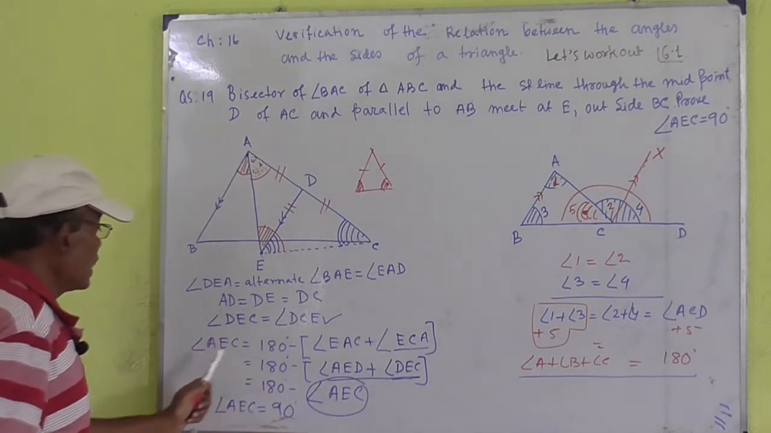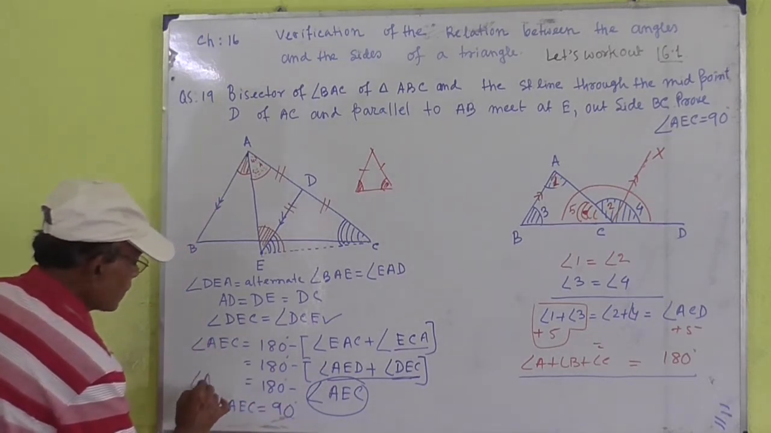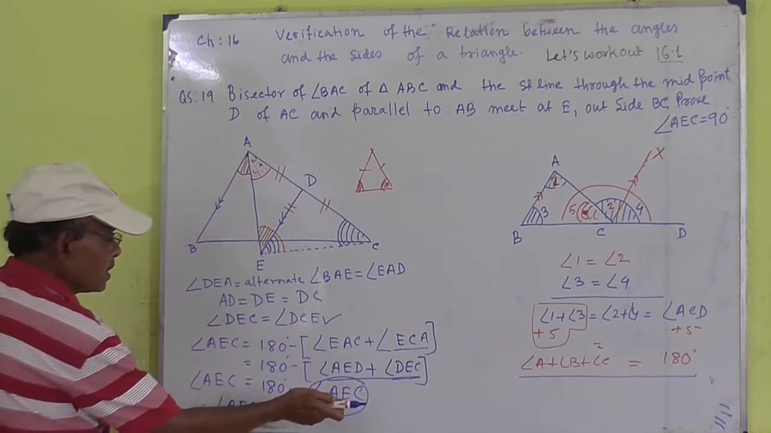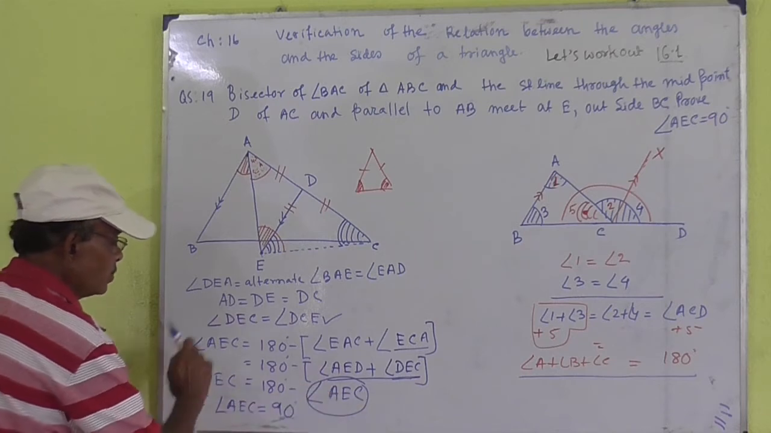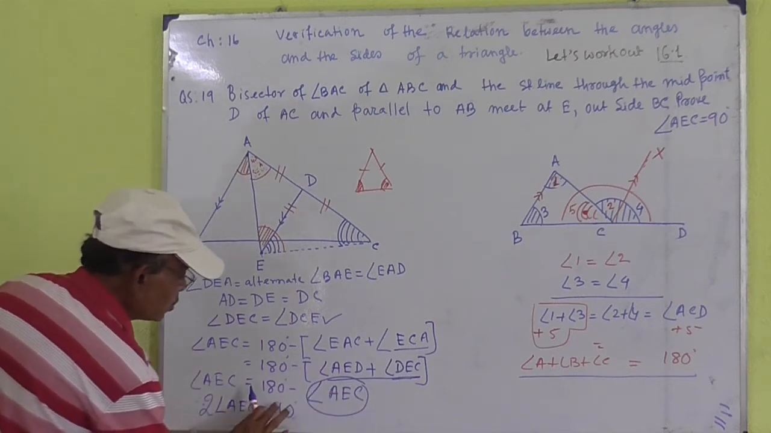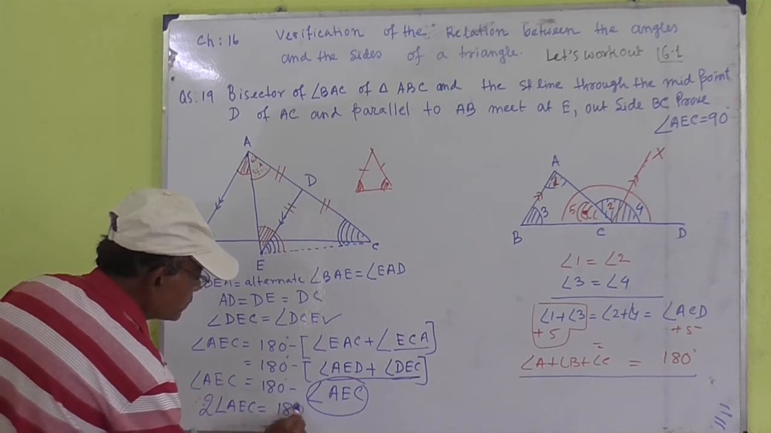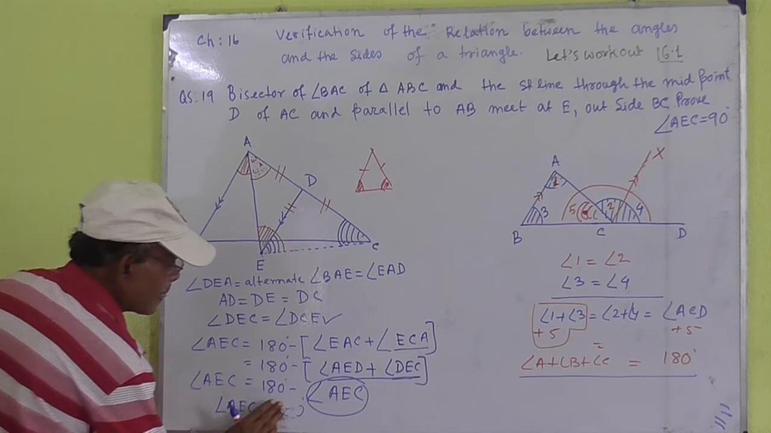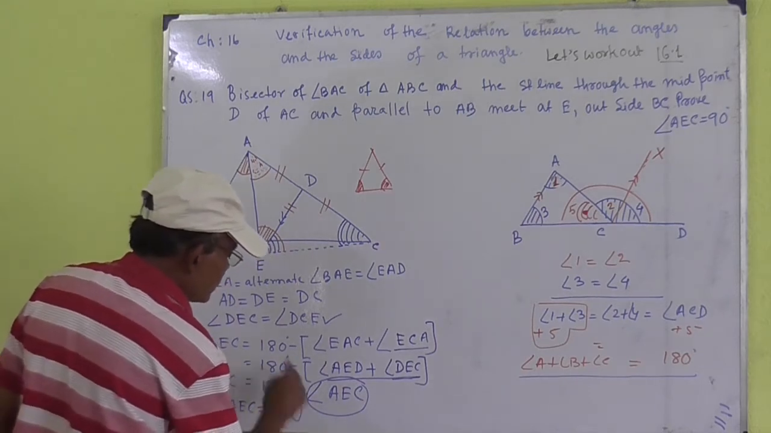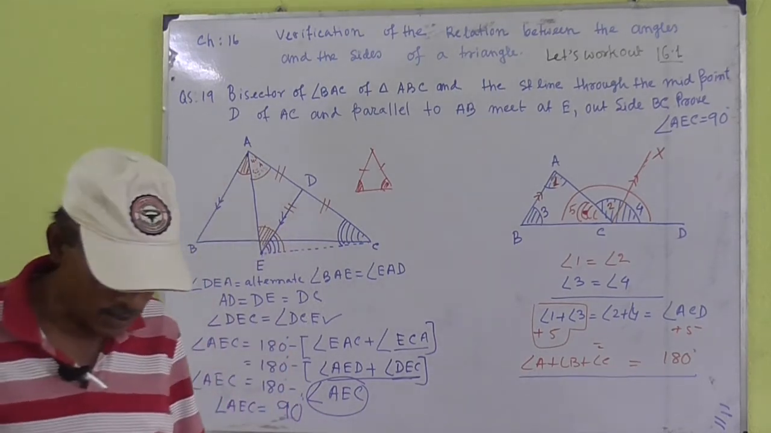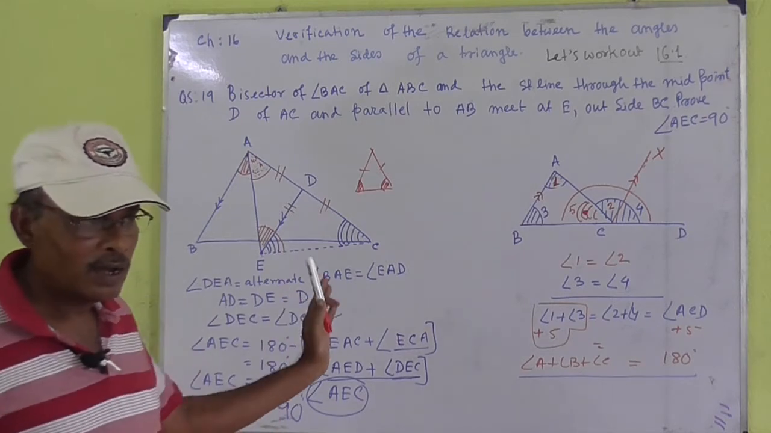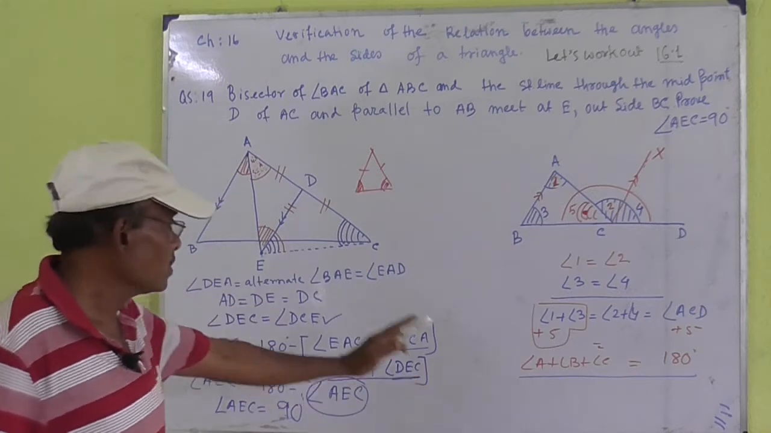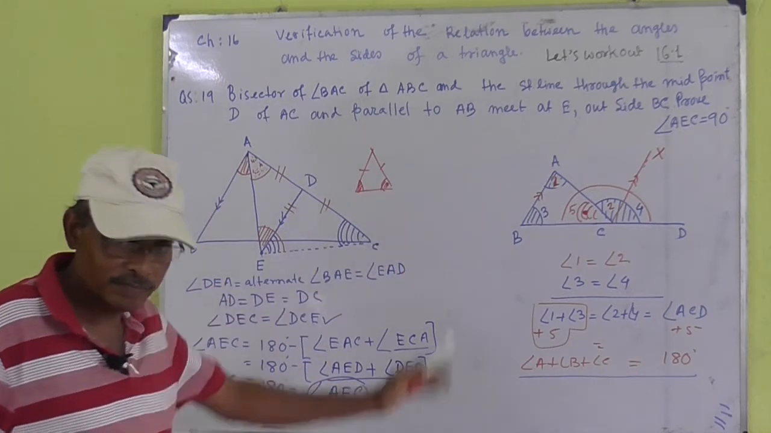So, here angle AEC equals 180 minus AEC. If we change from the right side to the left side, 2 AEC equals 180, clear. So, AEC will be 90 degrees, clear. Now, this is the final step. So, from this theorem we have to prove this sum, clear. Next,